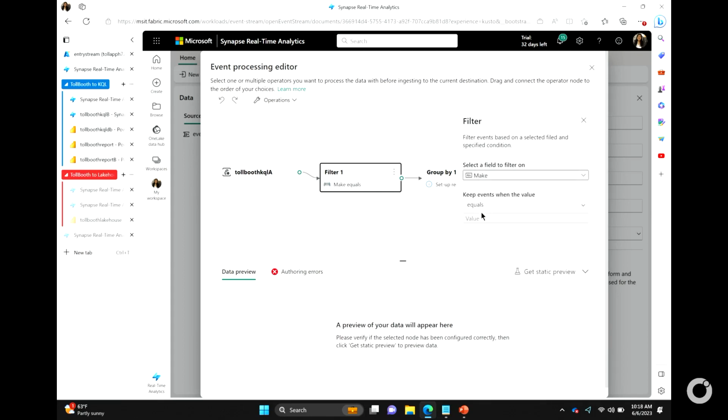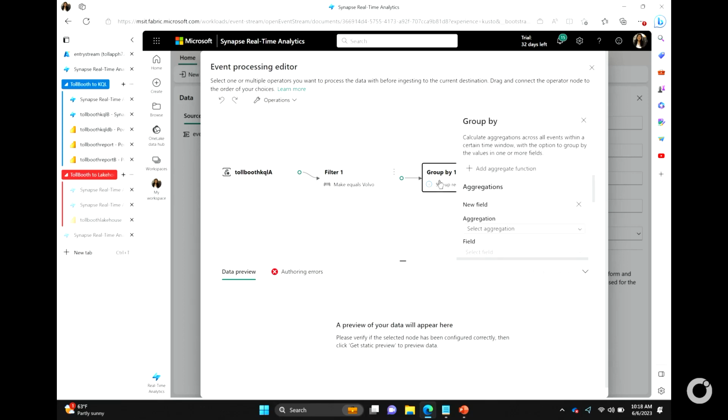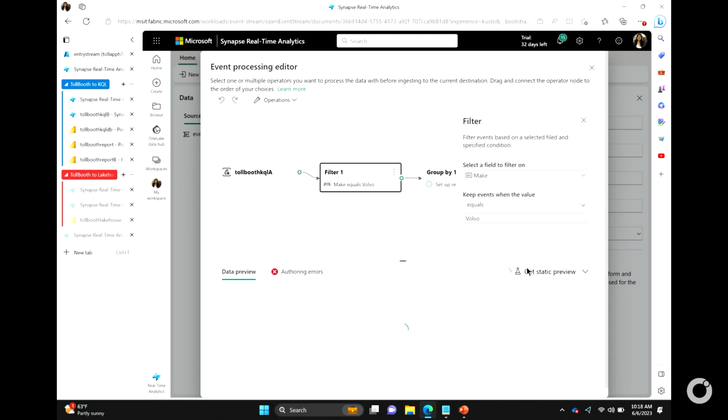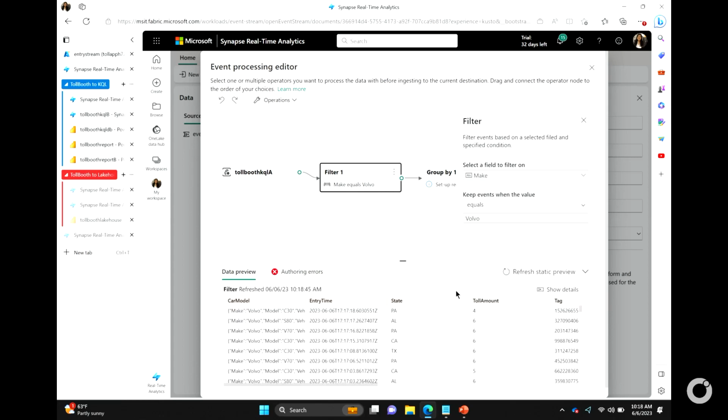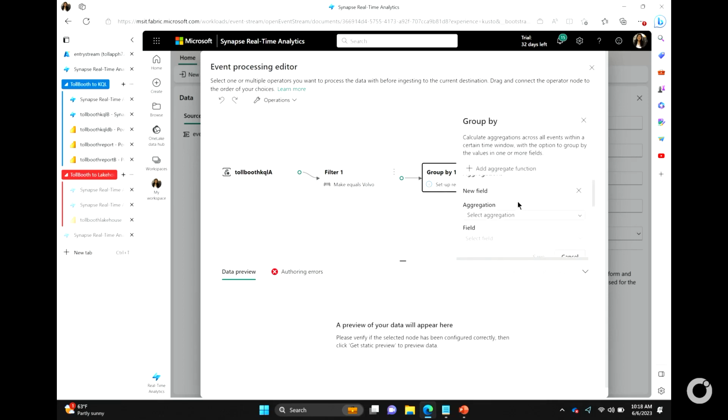All right, so I'll say make equals Volvo. OK, that's data for you. All Volvo cars data. Now let's do some group by. I want to do some aggregation. So let me add some count, because I just want to see how many Volvo cars are passing by a state every 5 seconds. So I'll do a count of all those cars, and I want to specify that 5-second